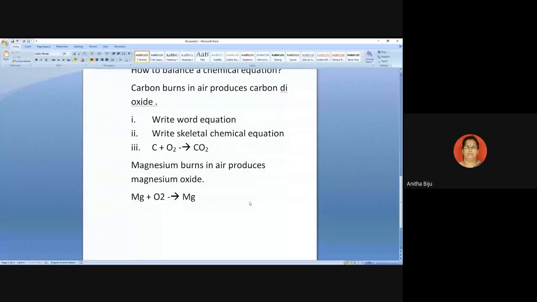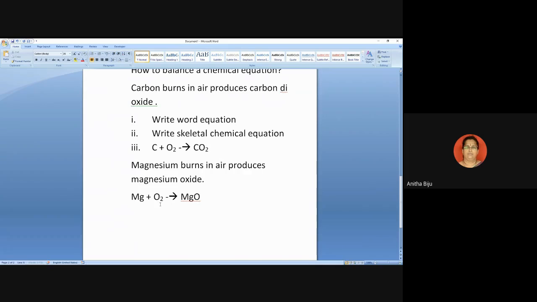So this is the equation in which reactants and products are expressed in their symbols and formulas, isn't it? Rest of the students take care. Mg, magnesium, burns in air, which means it reacts with oxygen and forms magnesium oxide. Now tally the number of atoms of each element on either side of the arrow. Come to the first case, magnesium. Magnesium, left side 1 atom, right side also 1 atom. Oxygen, left side, how many atoms are there?